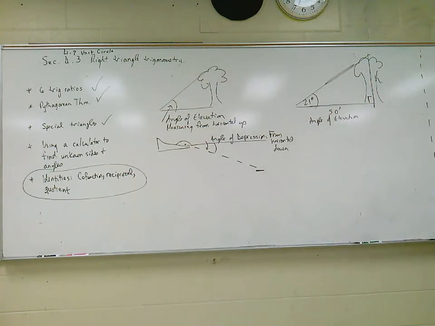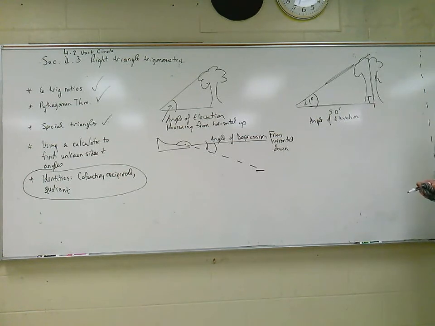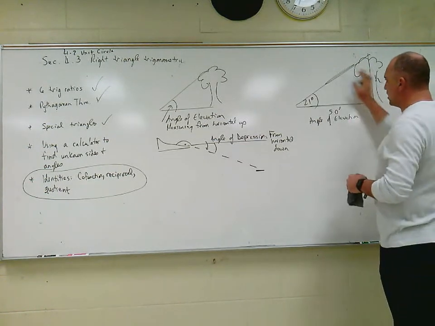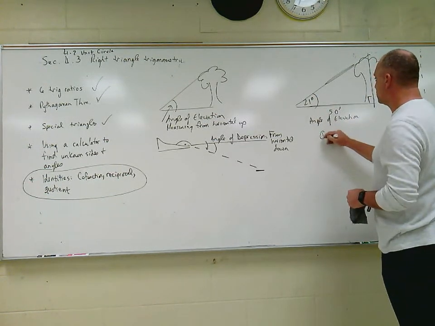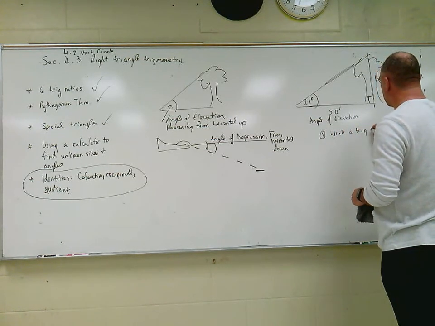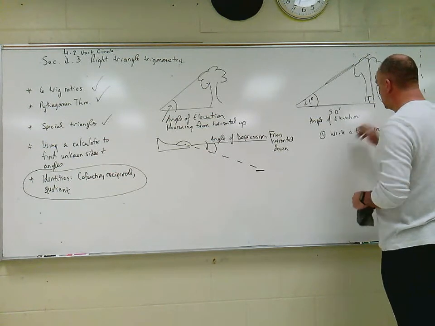So these are very simple word problems, and I'm going to show you how we use trig to find it. So first of all, is there a right triangle that relates everything in this problem? Do you see a right triangle? Hopefully, if the tree is going straight up. So the first thing I do, once I find my right triangle, is write a trig equation involving knowns